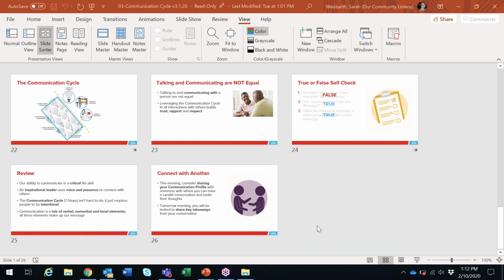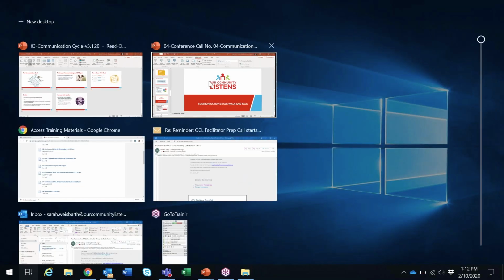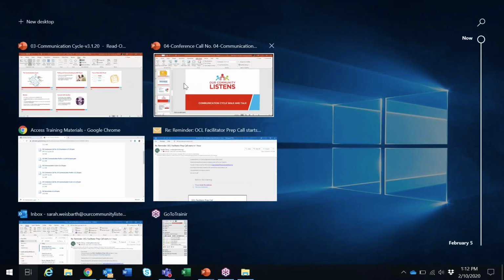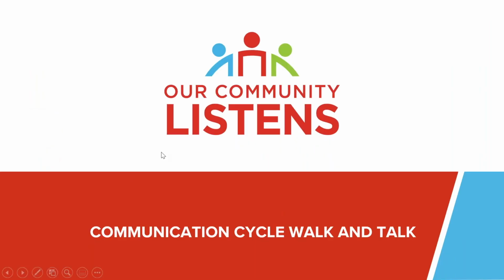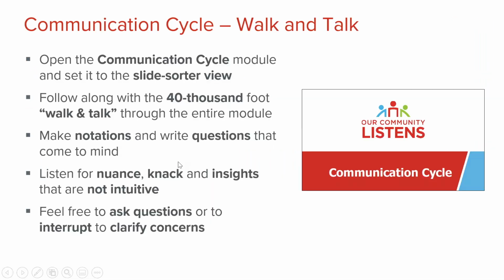All right, let's take a look at then. So that was our walk and talk. Again, the communication cycle module is one you can maybe buy some time on if you run late. It's also one if you're running long that you can save for the next. We'll talk about that in March about how do we make adjustments with our timing and our facilitation, just like Larry and I have today, where we felt it was more important to hear from everyone and then maybe move through this section a little faster.